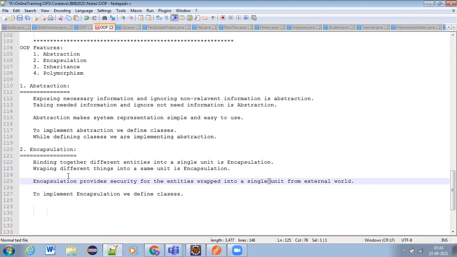Whenever you are creating a class, it means you are implementing both features, encapsulation and abstraction.